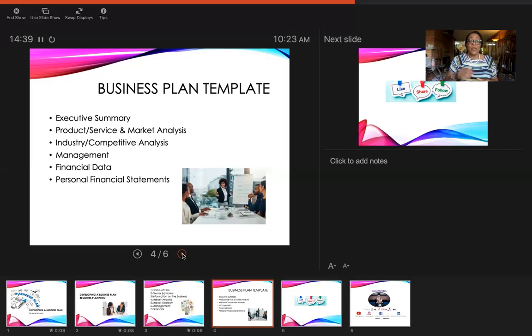Okay, so the executive summary is the last piece that you write, but it's also important for you. Product, service, and market analysis, your industry and competitive analysis, your management team, the financial data, and then your personal financial statements. This shows that you have the credibility to reimburse lines of credit or loans.